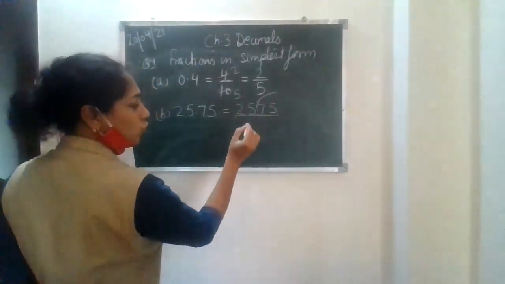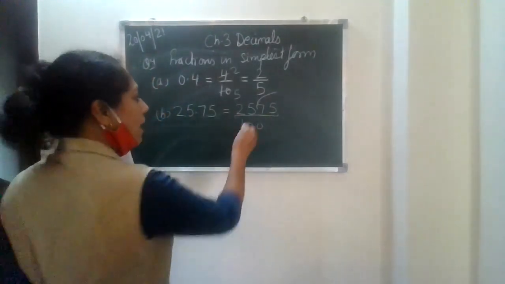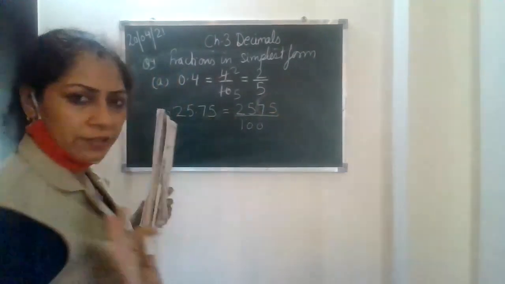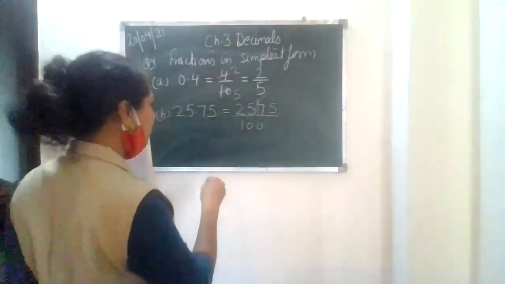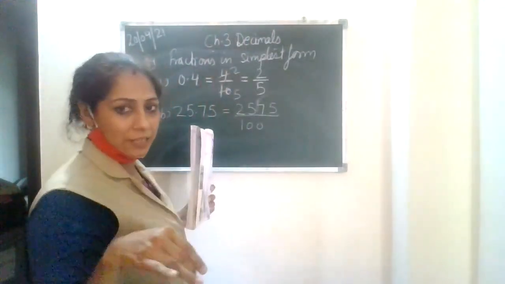It is before two places. So can I put 100 over here? Yes, simply I can put 100 over here. I remove the decimal, and by removal only I'm putting it straight away. That is the ideal way, to keep the board neat. Otherwise, you can remove the decimal like this and place it underneath with two zeros.